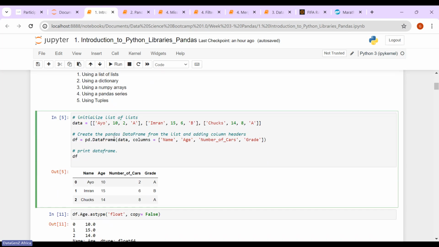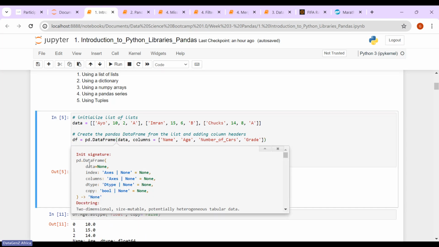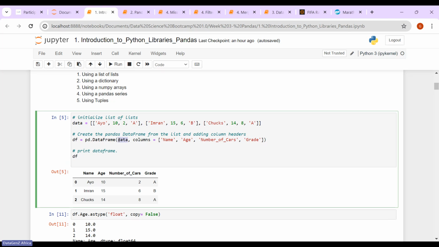So when you do pd.DataFrame, it takes the first input. If you do shift enter, you see the syntax. The first input is data. That is the data you want to convert. This list, you want to convert it into tabular data. A data frame is just a way of presenting or preserving a table in Python. When you have a list, a tuple, or a dictionary, you can convert it to a table using the DataFrame function. So it takes the data, that is the list of lists that you want to convert now,